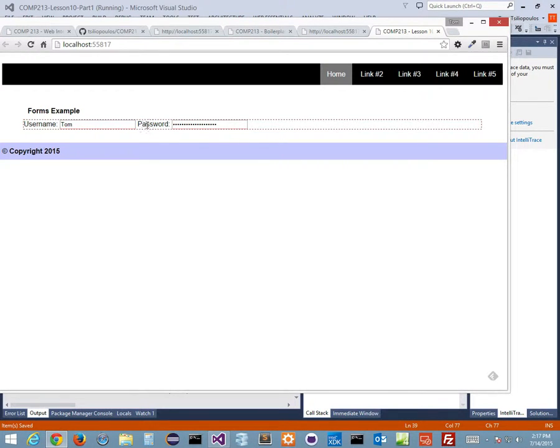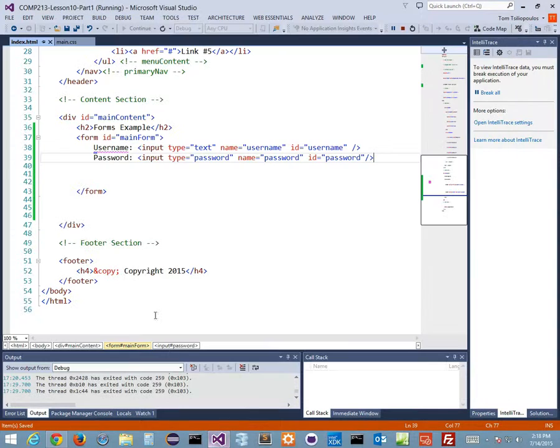Now, if I want to put this password down here, what do I do? Well, I could put a break, but I want to use more semantic stuff. So without using a break, because break's non-semantic, even though we did it for address. I didn't want to go too much into that day. But the way we should be doing it is we should be targeting our input elements and giving them block